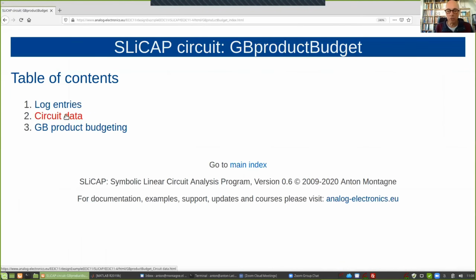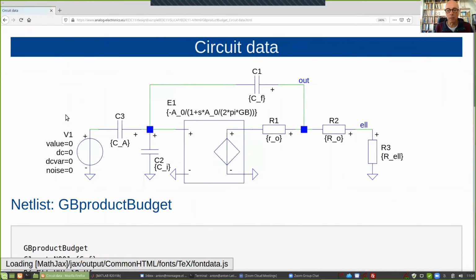What kind of circuit do I need there to evaluate what I need? So I made a voltage controlled voltage source. I gave it an output resistance, and I gave it an input capacitance. That is basically a simple model of an operational amplifier. And I realized the following. This input capacitance for the loop gain